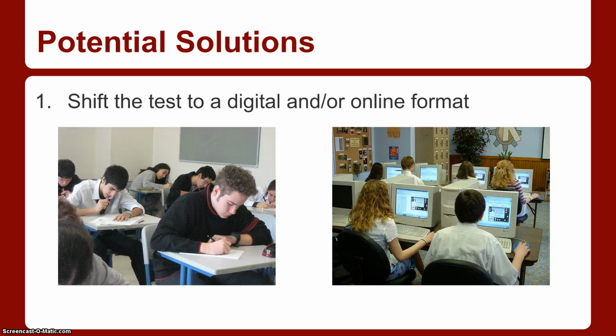Okay, so let's shift. Now that we've considered the gap between the current and desired situation, what is known, and the resources available to us, let's derive some potential solutions. The first solution could be to shift the test to a digital or online format. Some of the possible benefits include having well-designed online assessments that use visual stimuli, graphics, video, and potentially audio. Although perhaps not initially cheaper, the return on investment would be demonstrated by closing the digital divide and getting results to students, teachers, and administration immediately. In other words, they can have immediate feedback.